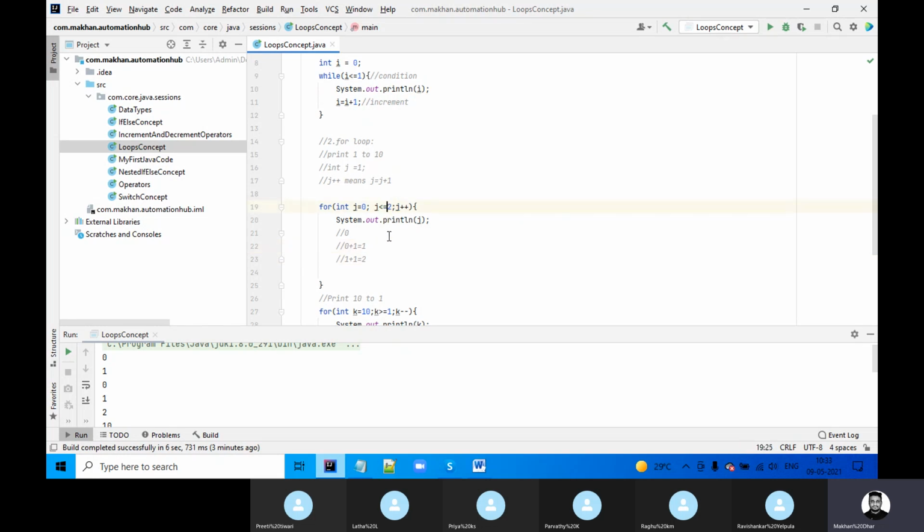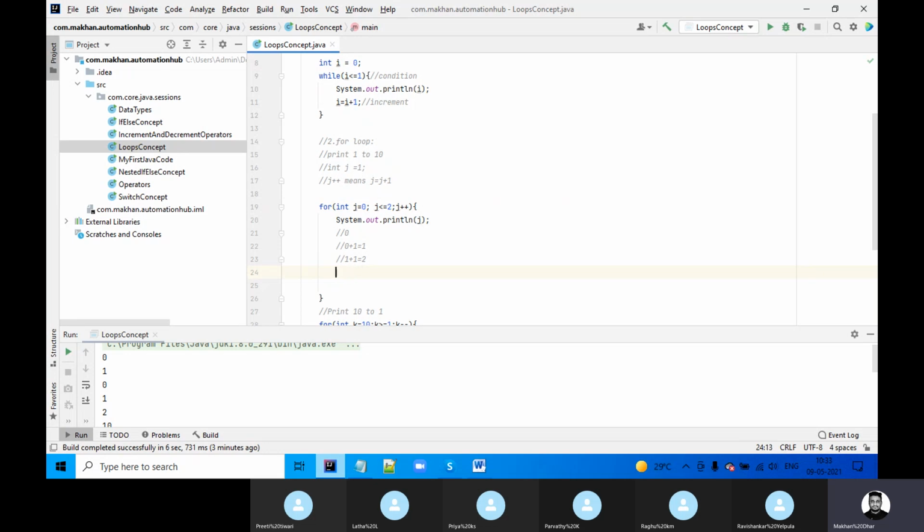But when I say equal to, it will go and touch that value, but it will not increase after 2. You will not see 3, it will stop at 2.